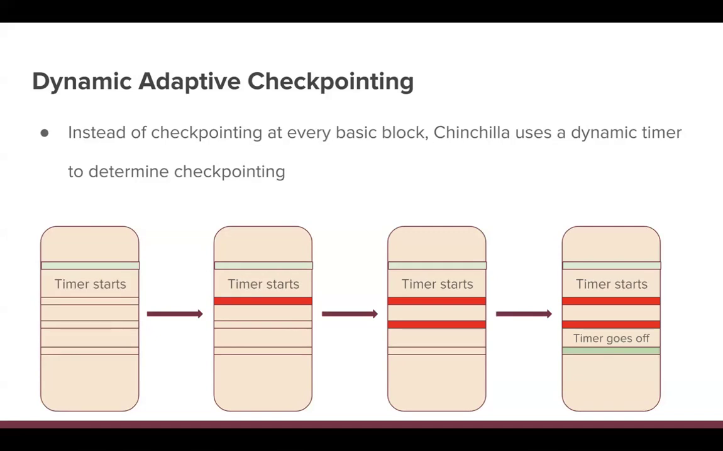Moreover, the value of this timer is actually determined dynamically, and it is done using a binary search algorithm, where initially Chinchilla uses a very large value of the timer and then reduces it by half if the next checkpoint was never hit due to the large value of the timer. And then Chinchilla dynamically adapts this value of the interval to determine the most efficient timer interval to use for